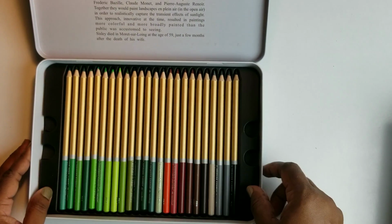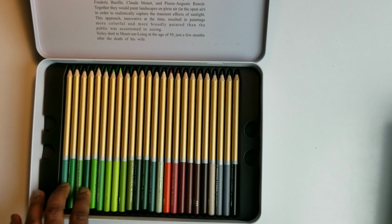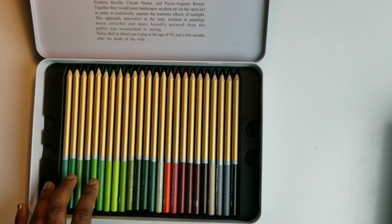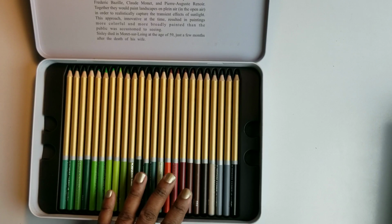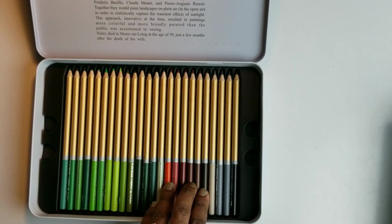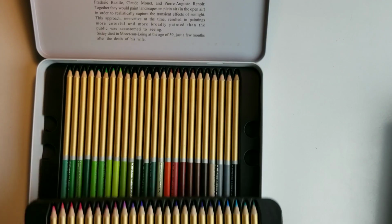I won't take those out, but as you can see, there are quite a bit of greens, and I kind of like that because I like to use green, and I like that there's a variety of them to use. I was a little disappointed in the amount of browns and grays because there's really not any browns or grays. They don't give you any gold or silver. You just get black, and you do get a white